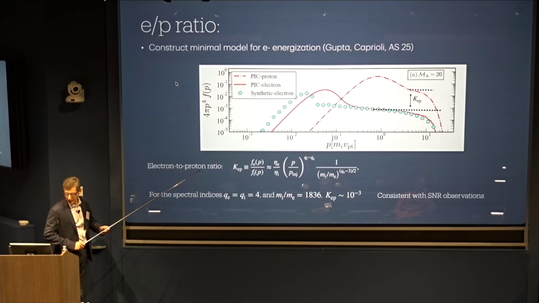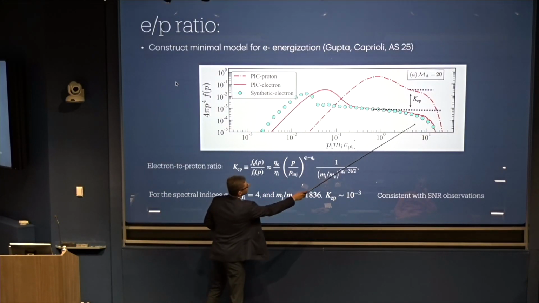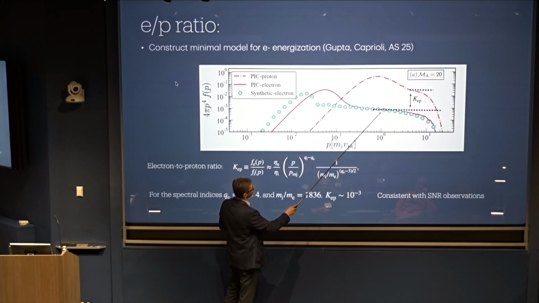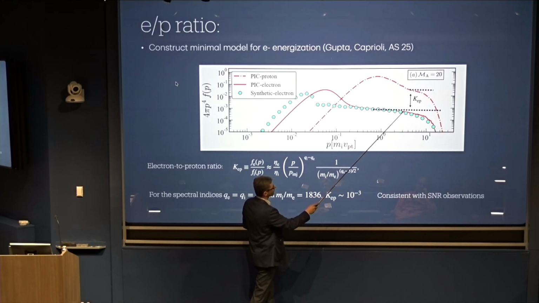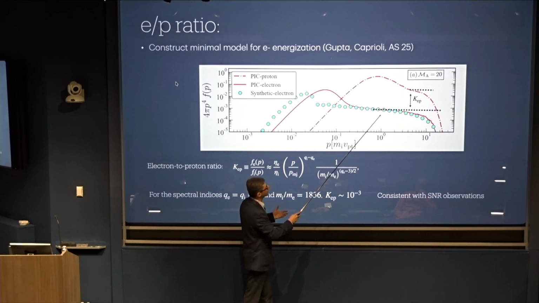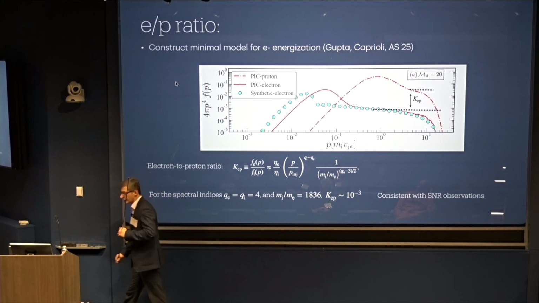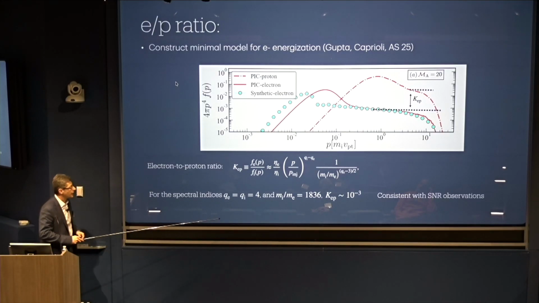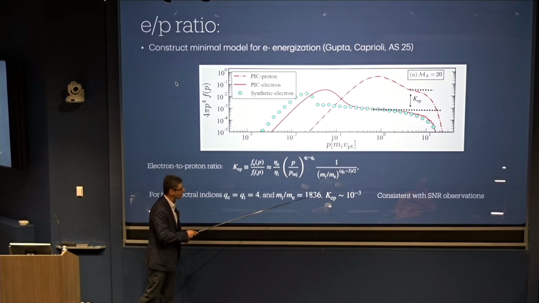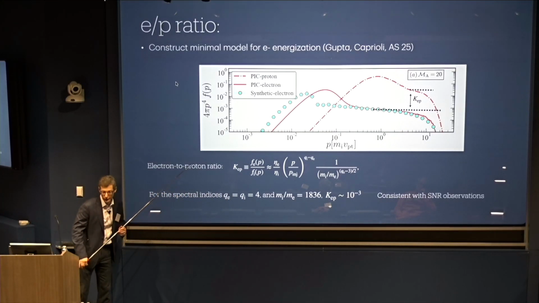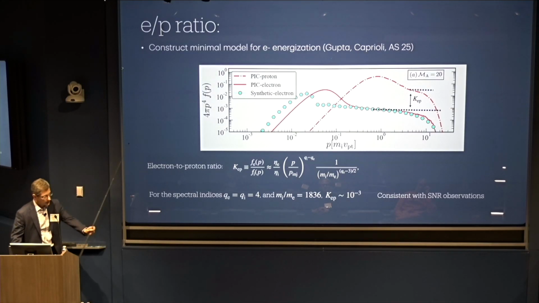What we observe is that the electron spectrum nicely connects down to the Maxwellian. So there is no extra pre-acceleration physics where they have to gain some energy in order to start outrunning the shock and become like the ions. From doing these simulations and producing a model that fits these power law tails, we can predict the ratio between electrons and protons, measure this kappa EP parameter, which in our simulations, when extrapolated to realistic mass ratios, is about 10 to the minus 3, which is consistent with what's observed in supernova remnants.